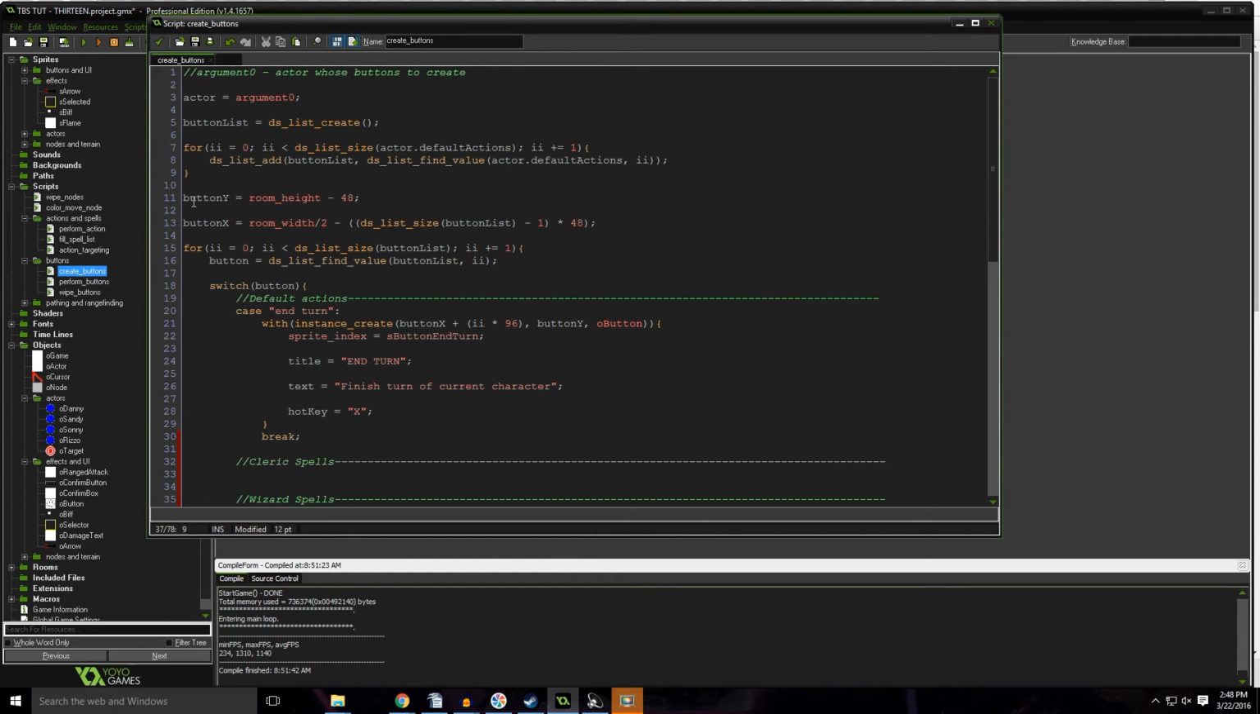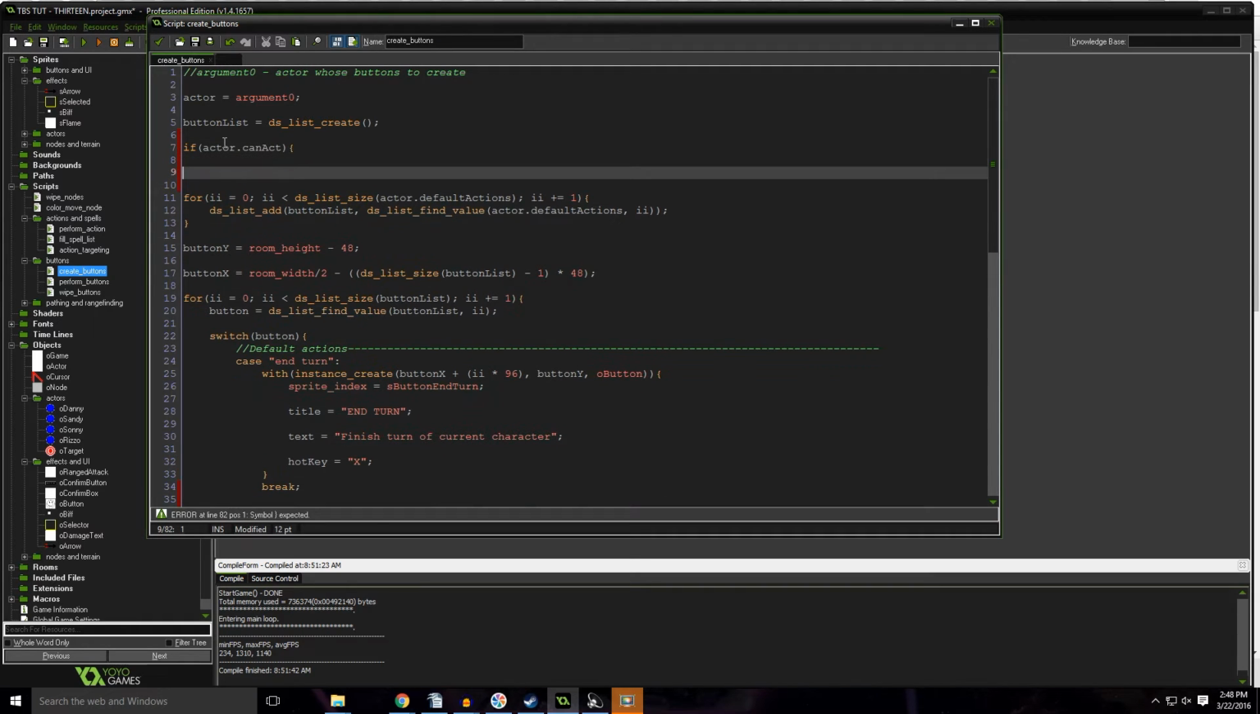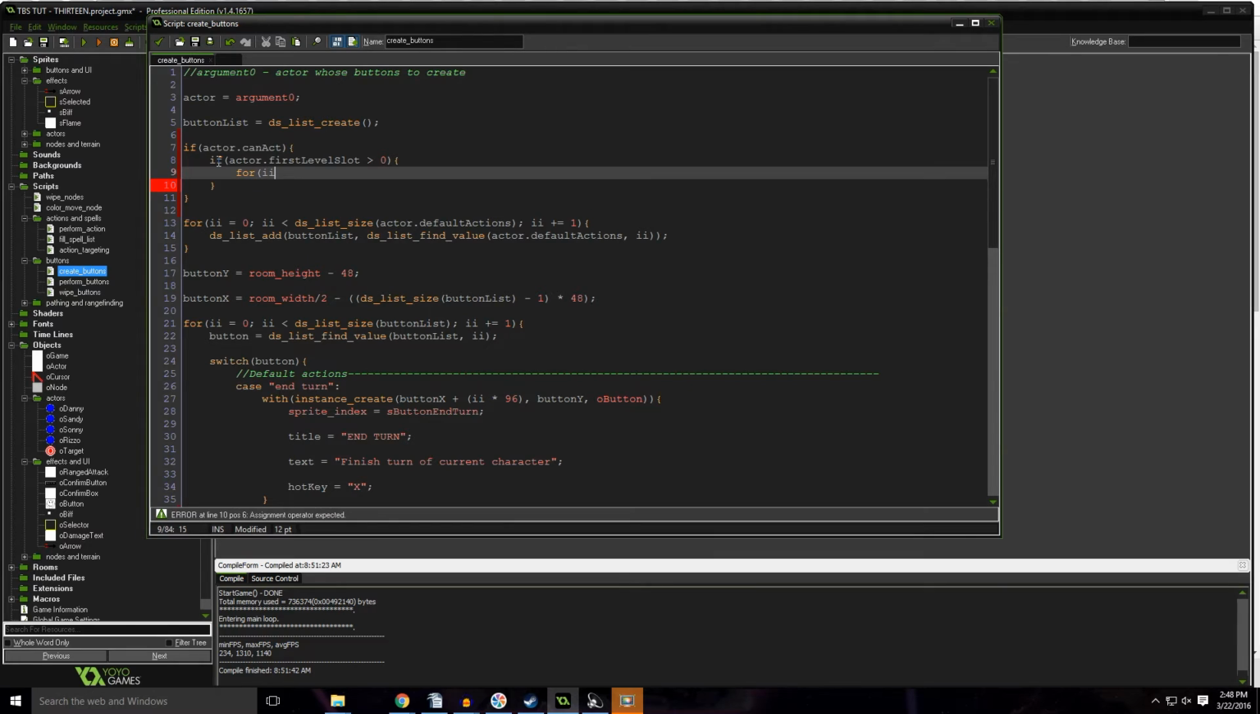First, we need to add our spell list to our button list. So let's do that first. So if actor.can_act. So if the actor's already acted, we don't want to show the spells. That's not anything the player can perform anymore. In that case, we just want the end turn button. But if they can act, we'll display the spells they've got. If actor.first level slot is greater than 0, for ii equals 0, ii less than ds_list_size,